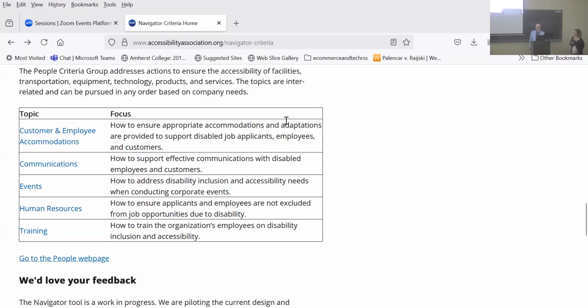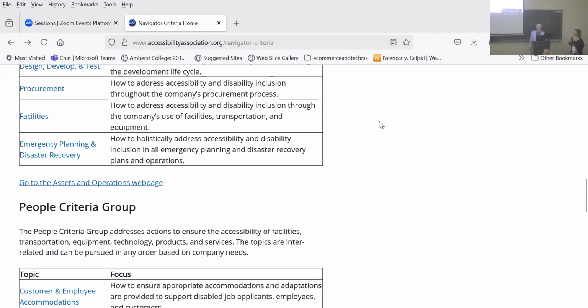And obviously, we don't expect any company to charge in and say, we're going to do all 200 criteria. That would be lovely. But at the end of the day, really, if we get them working on one or two or three groups, then accessibility and inclusivity is going to be in their DNA from there on out, right? And then maybe they come back and they say they want to do more. That's right. So let's take a look at design as an example.